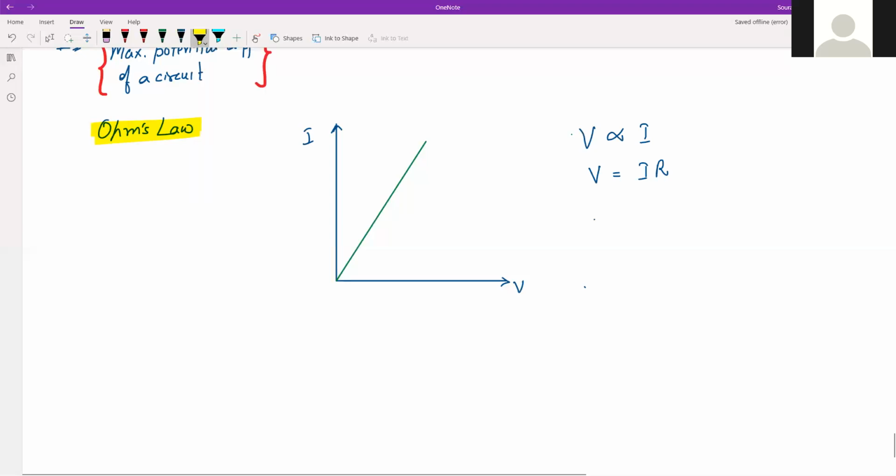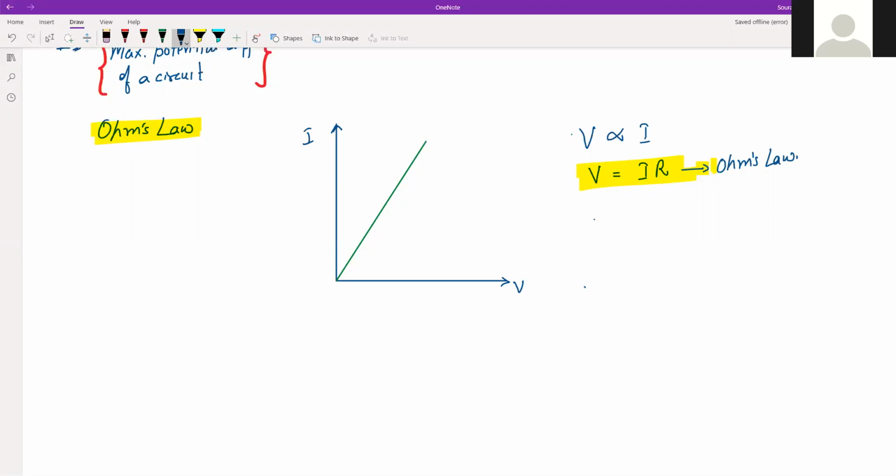This is a representation of Ohm's law. This is the core of Ohm's law, right? That is V is equal to IR, and we have already seen that we use this to find the current. So for all circuits, the same formula, V is equal to IR. Okay, now if we have this graph, that is the VI graph, it is like this.